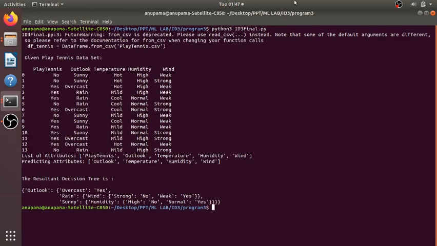You can see the execution of the program here. Play tennis is the data set we have considered. See the decision tree which we have given in dictionary form. The first value is outlook, and for outlook there are three values: overcast, rain and sunny. For overcast, yes is there. For rain there is again a subtree in dictionary form, which is wind. For wind, if it is strong then no, if it is weak then yes. For sunny we have humidity with high and normal: for high it is no and for normal it is yes. So this is the execution of the program we have.